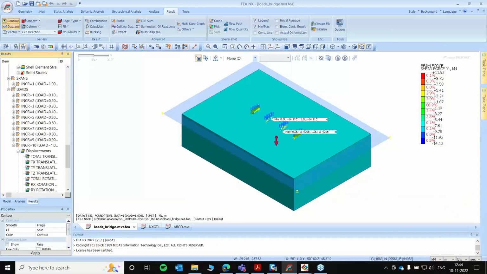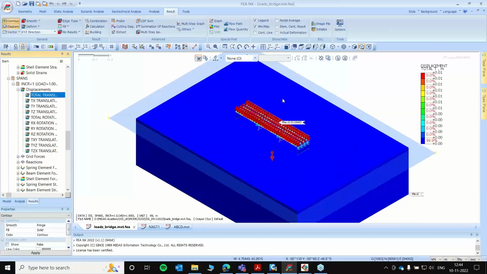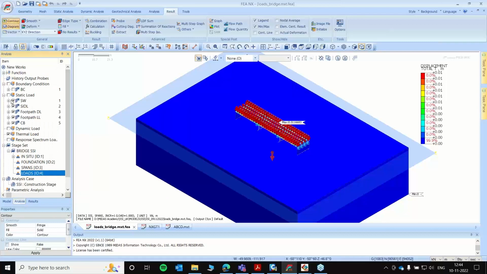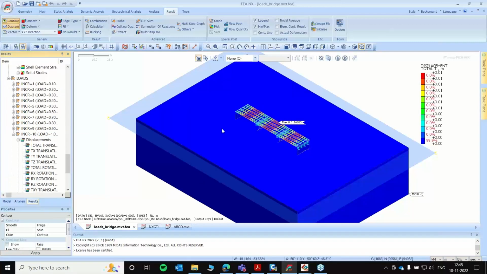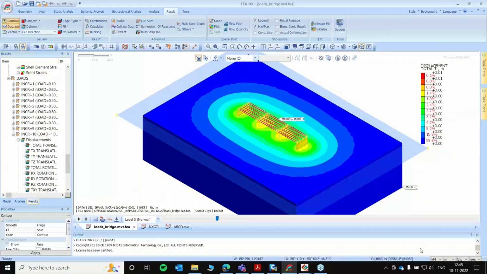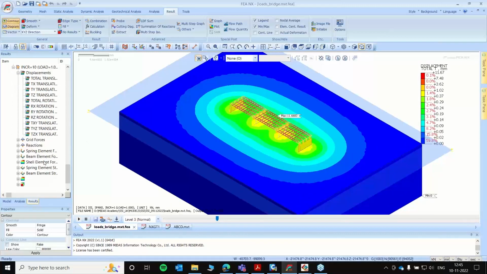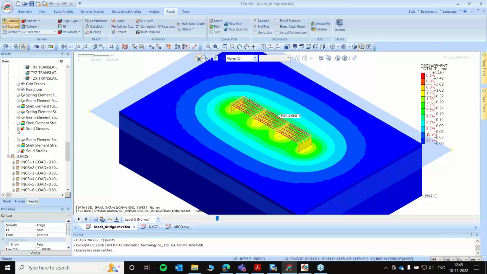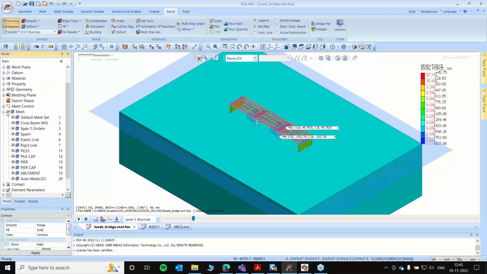Now when the spans or the deck are activated without the loading, obviously, the ground deformation is in the tune of 11 or 12 mm. Okay, same thing, you can also look for the axial loads on the piles and also on the pier.